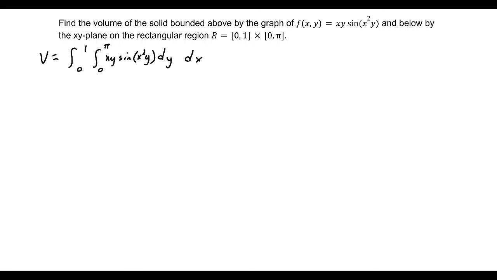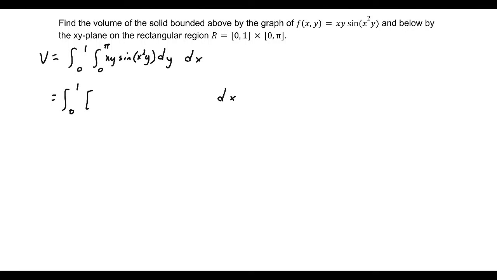To take the antiderivative with respect to y, this requires integration by parts, and I will leave that to you so that you can double check your steps. Applying integration by parts one time, one iteration of that, this volume is equal to the integral from 0 to 1 with respect to x